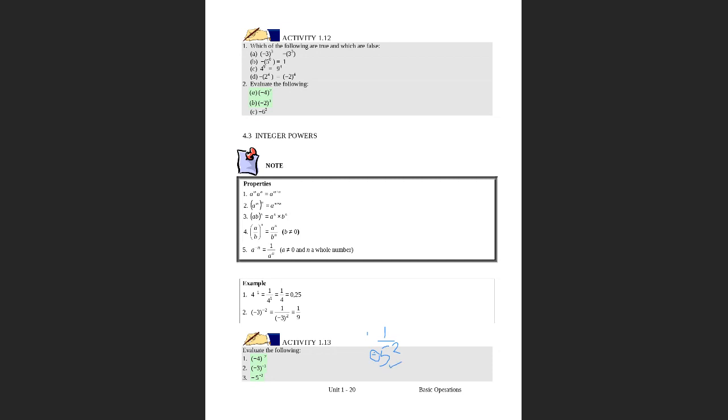So you still have negative 1 over 25. If you understand it that way, then I'm still correct. Yes, it's still correct, because the negative affects the whole number, so it's still the same.